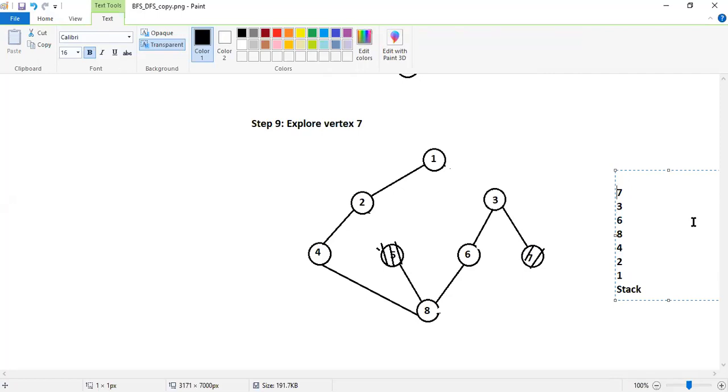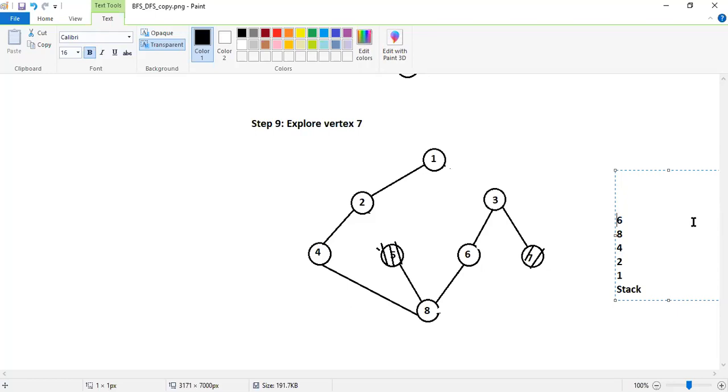Pop. Pay attention, students. Now 7 is popped. Now, which is on the top of the stack? 3. Now try to find out whether there are any other adjacent vertices that have to be visited. No. What should we do? Pop it. So 3 got removed. What do we have on the top?